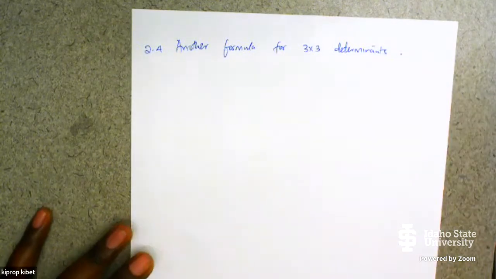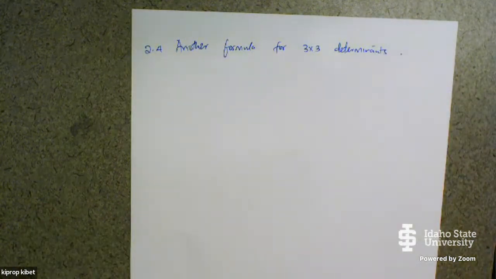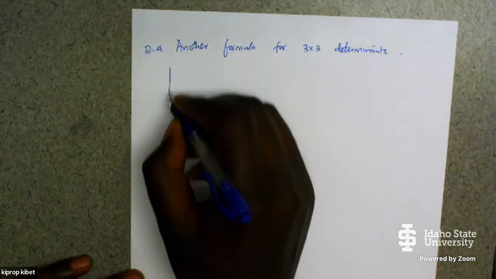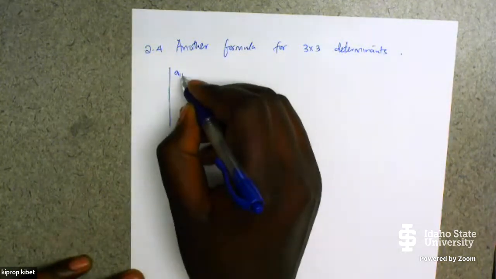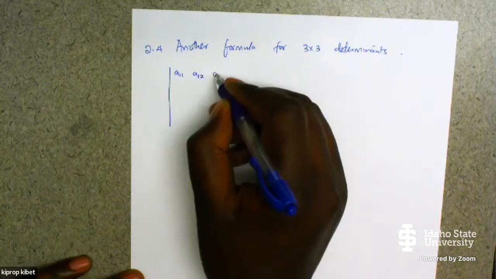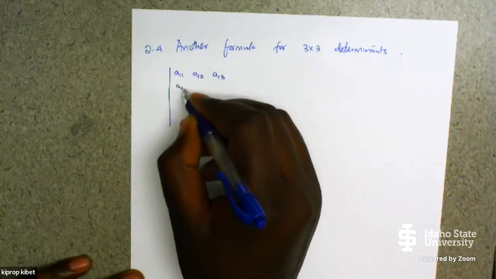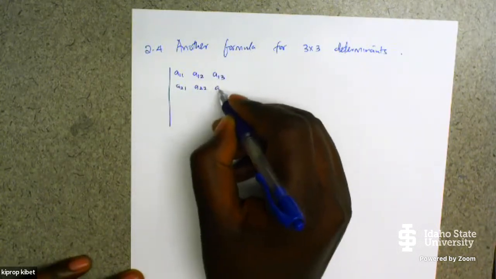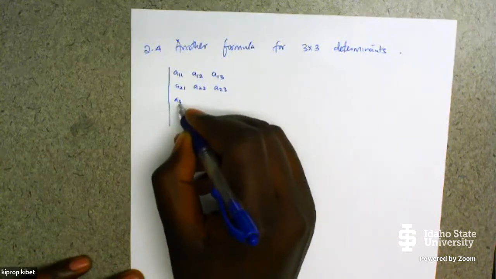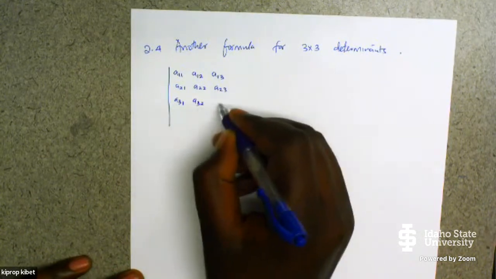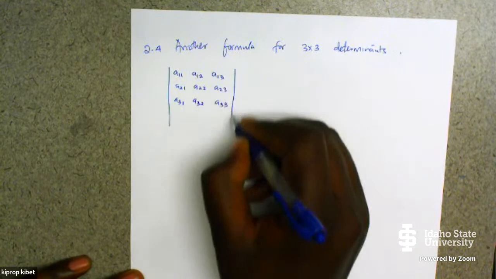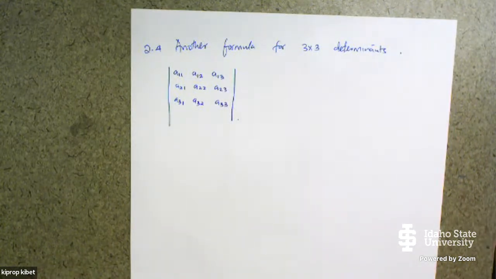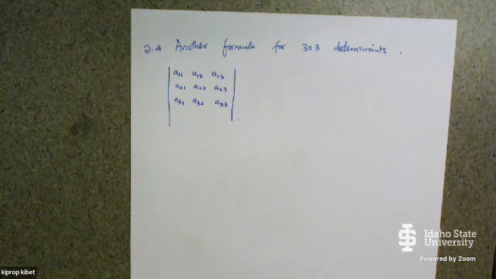If we have A11, A12, A13, A21, A22, A23, A31, A32, A33, that matrix, and you're told to find the determinant,